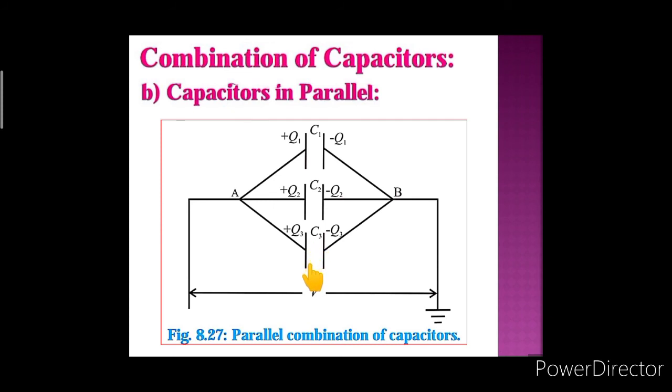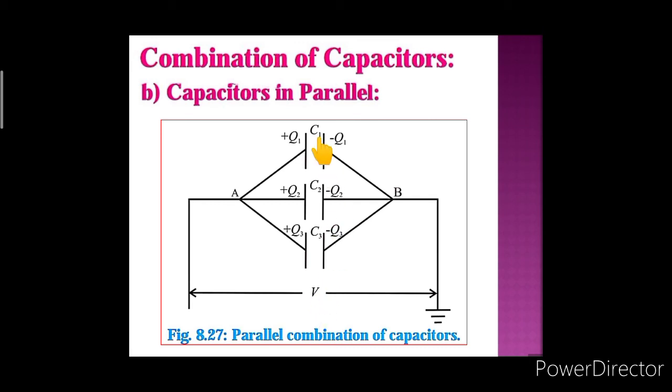Similarly, for the third capacitor, whose capacitance is C3, the first plate, which is connected to point A, has the charge plus Q3, and the second plate, which is connected to point B, has the charge minus Q3. So over here the potential difference of all these three capacitors is the same, that is V, but